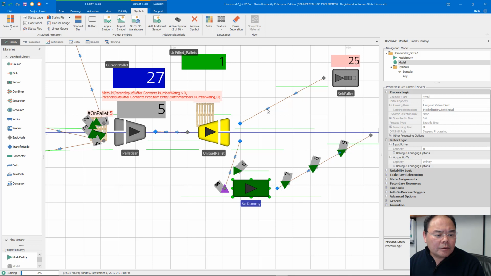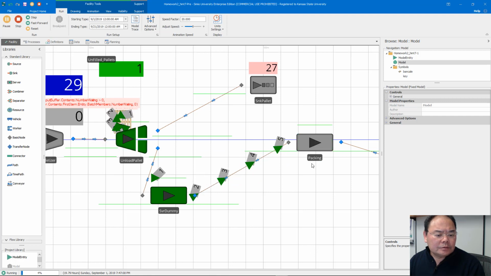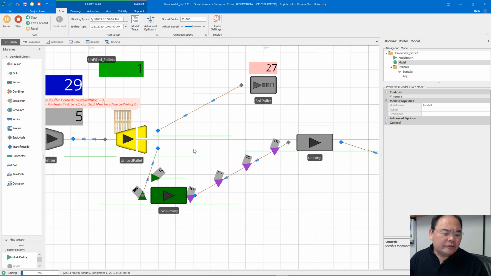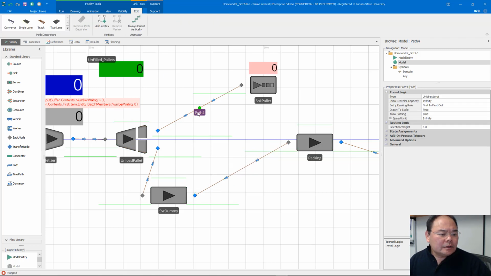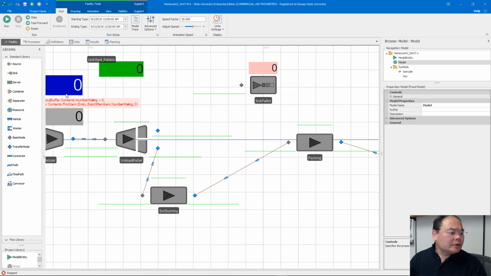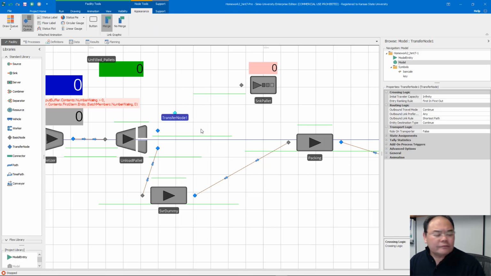We will try to hold the pallet after the separator around this region until the number one entity goes into the packing station, which means it has been removed from the pallet physically. So let's do that. I'm going to stop the simulation and temporarily delete this. We're going to add a transfer node for now. Adding a transfer node and putting